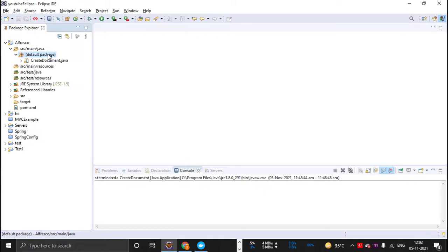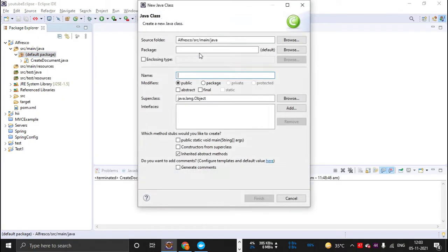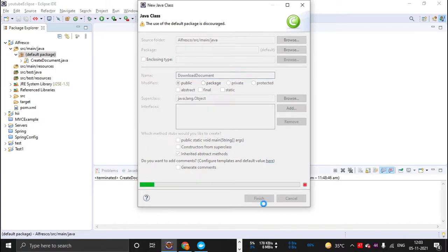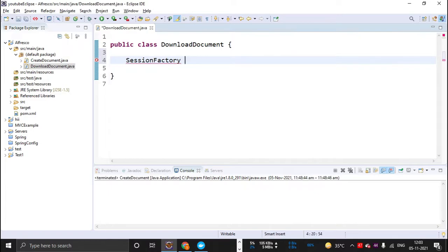So the first thing that I will do is create a class and name it DownloadDocument. Okay, and I'll hit finish. Now since I'm going to download a document, the first thing that I need to do is create a session. So I'll create that session factory